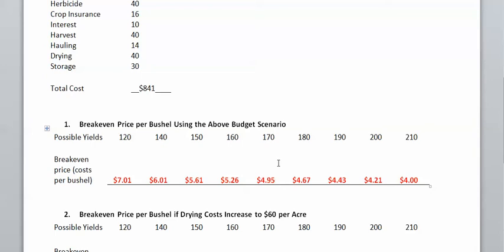In this unit, we've been talking about production risk, and you can see what happens to our cost of production as production decreases. So, for example, to get our cost of production at 120 bushel per acre, we just simply take $841 divided by 120 bushels,